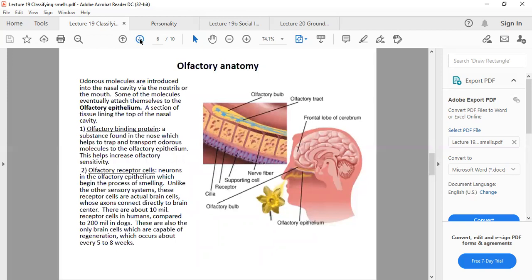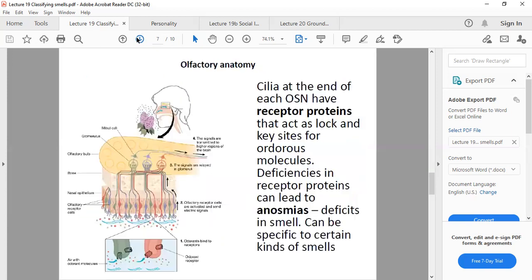And they say these nerve endings are connected straight to the brain, and they are the only nerves which are capable of regeneration, like here, 5 to 8 weeks. So you find out that's why smell is quite important. And then there are receptor proteins that act as lock and key sites for odorous molecules. Deficiency in receptor proteins can lead to anosmias, where one cannot have a proper idea